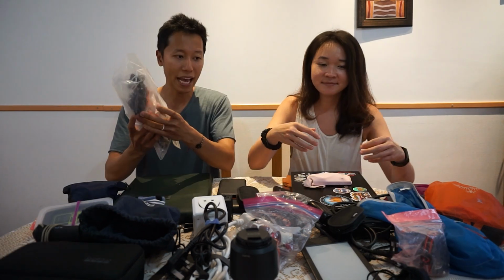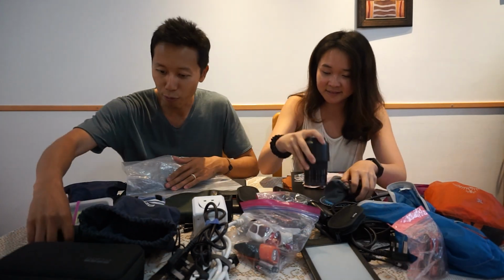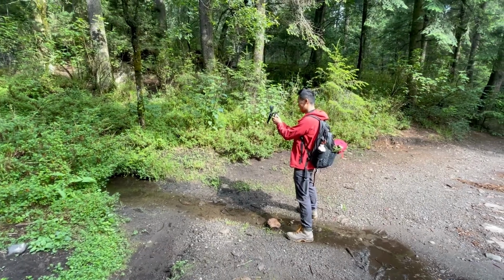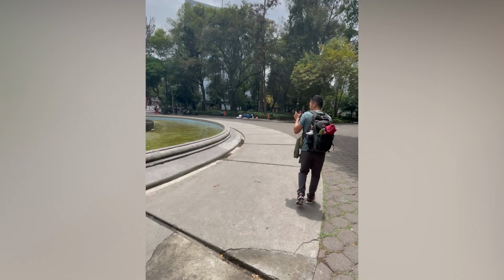We also have a bag of camera accessories. I'll start with the GoPro. A lot of our footage is shot on this GoPro. We're using the Hero 9 Black, which is many generations behind the current one. And I've been having